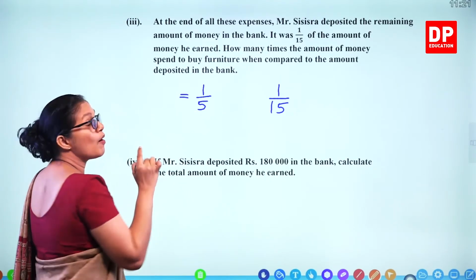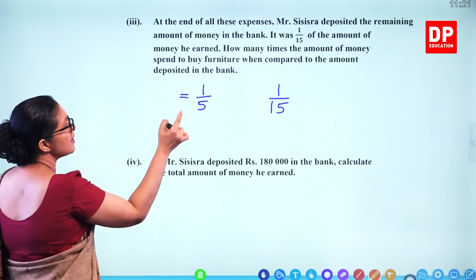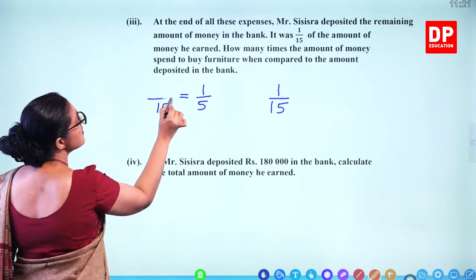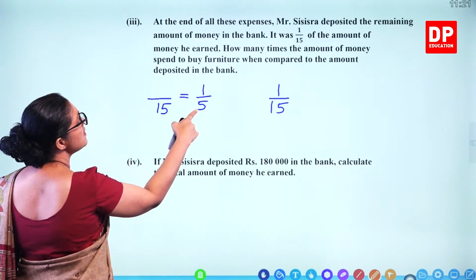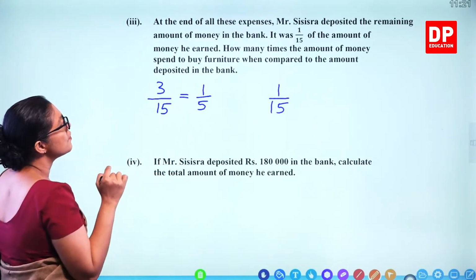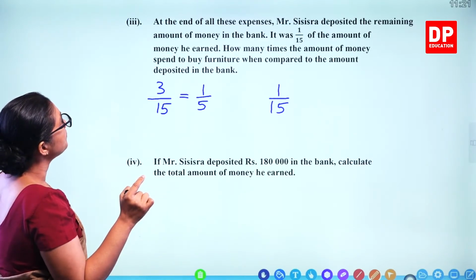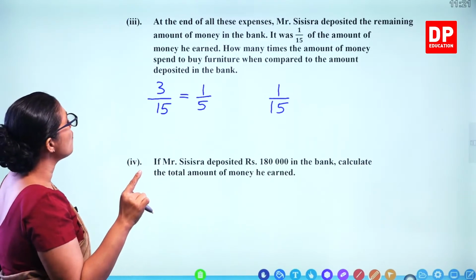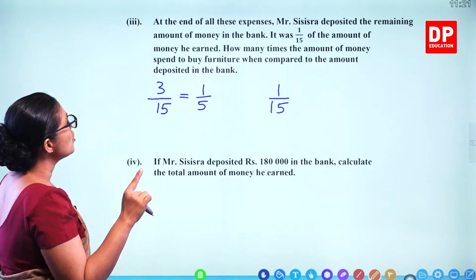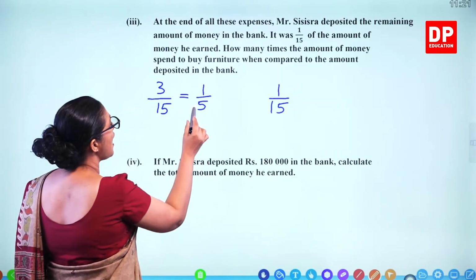When you compare, you can take the same denominator, 15. That means this is 3. 3 times higher. So how many times the amount of money spent to buy furniture? 3 times